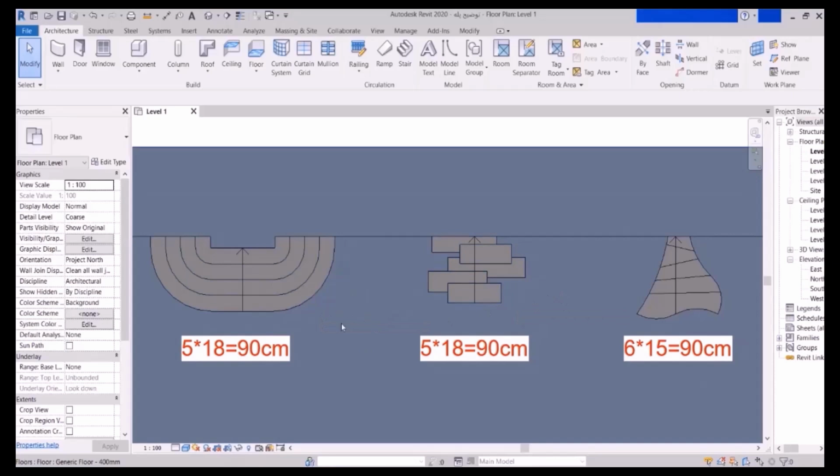Now these stairs start from 0 until 90 centimeters. 5 risers, 5 risers, and in this one, 6 risers. They have different forms for entering and they're also used a lot in the sites. In this part, we're going to learn how to draw these special stairs, and I will also teach you how